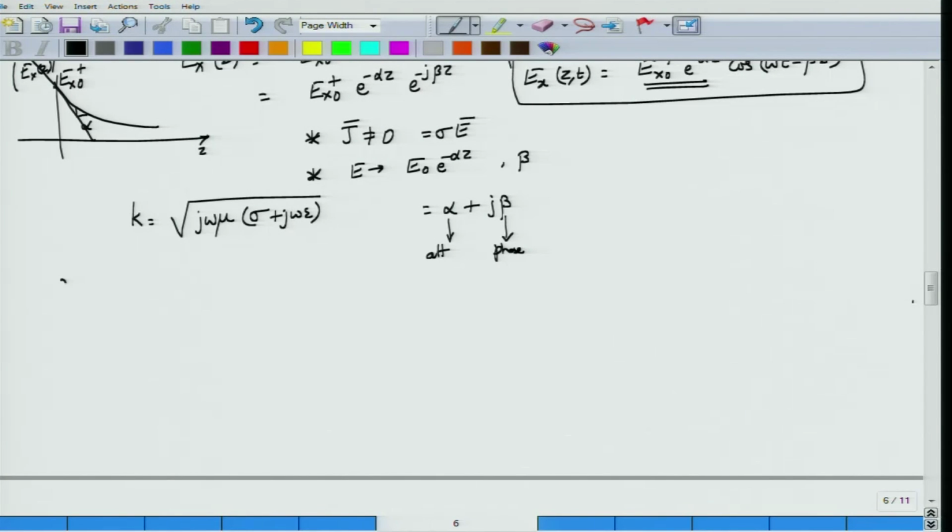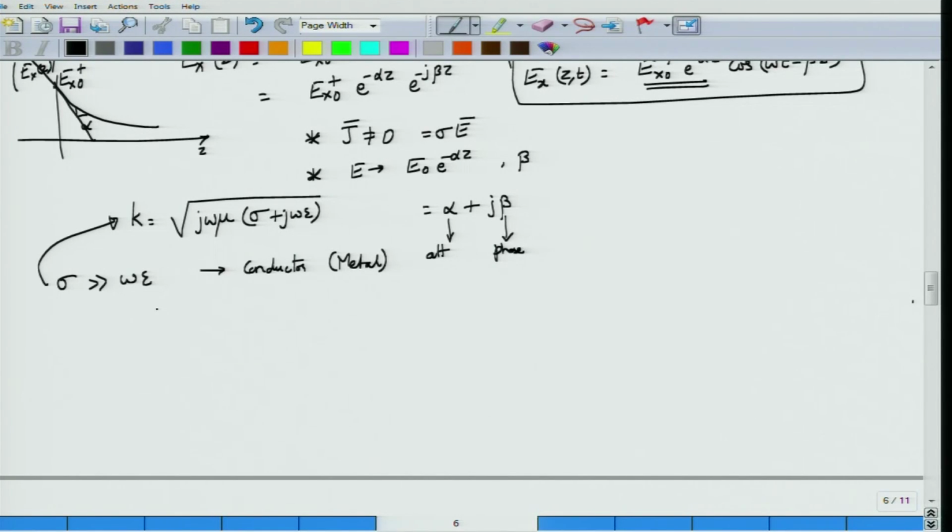First consider the case where sigma is much larger than omega epsilon. This would be the case of a good conductor, that of a metal for example. You take copper or gold. So these metals will have a large conduction current compared to a small displacement current. Therefore, one can make this approximation of sigma being much larger than omega epsilon, and when you put that back